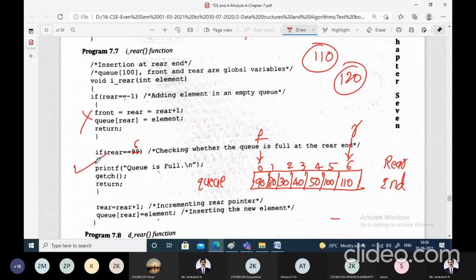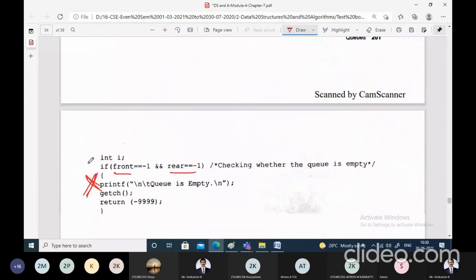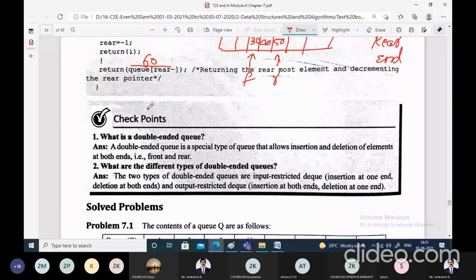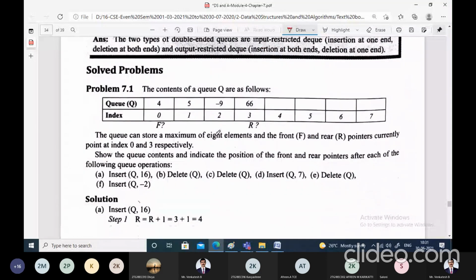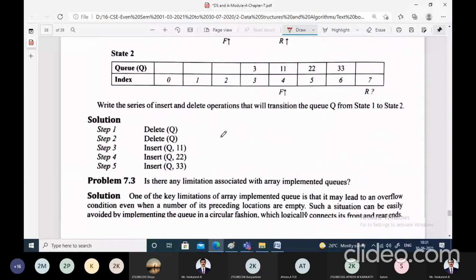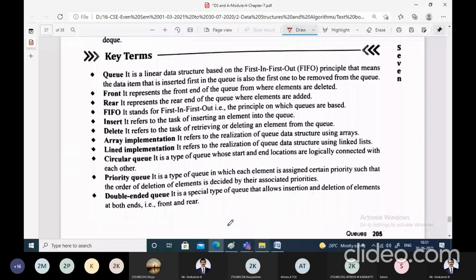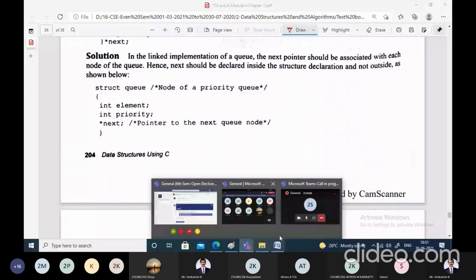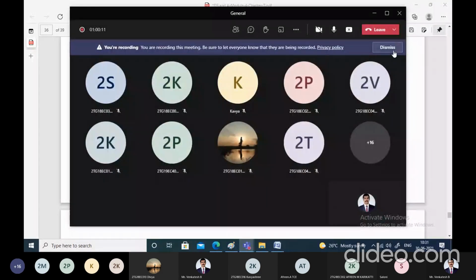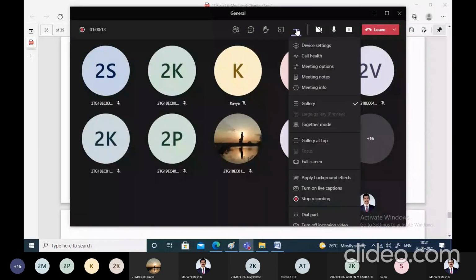So this was the discussion about the double-ended queue: inserting an element from the front end, deleting an element from the front end, inserting an element from the rear end, and deleting an element from the rear end. Write the main function for all these functions and take it as an assignment. This completes the 7th chapter from the algorithm subject, that is, the third half module is completed. If you have anything to ask, you can ask.